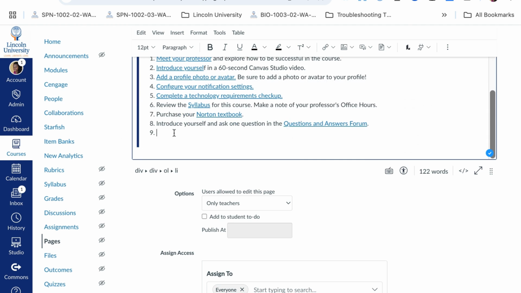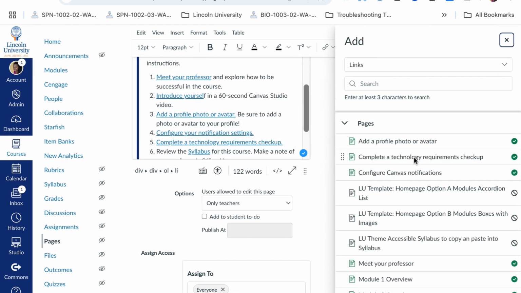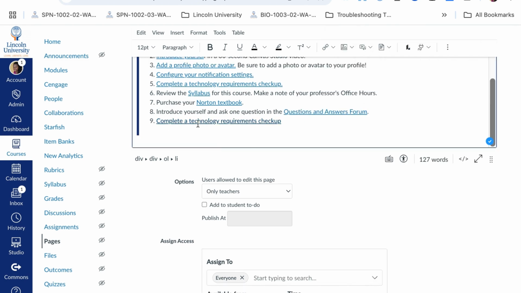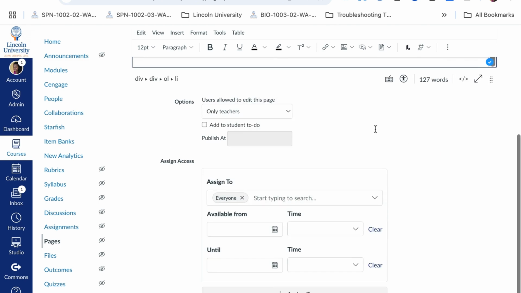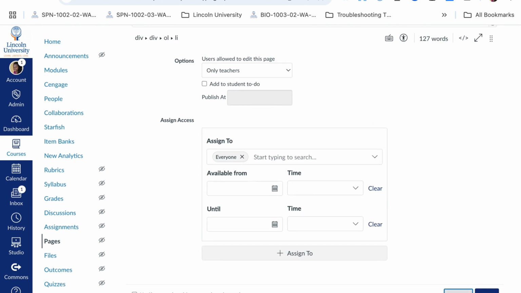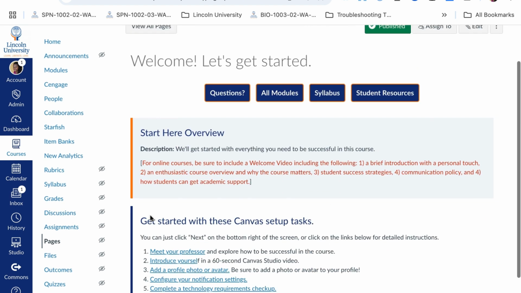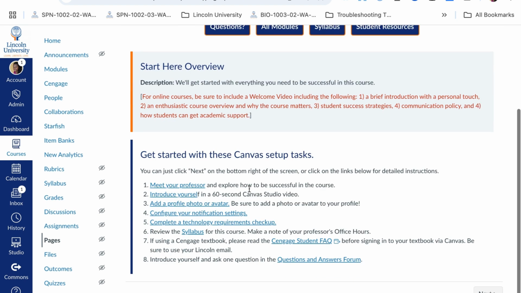I could just go here, and then I go to the course link and I add in one of the pages or assignments that I've already created, and it will automatically create the link for me. So that is one way if you want to use this link structure. You don't have to use this link structure. So if you wanted to just take out the links and just put the overview, then that is fine too,